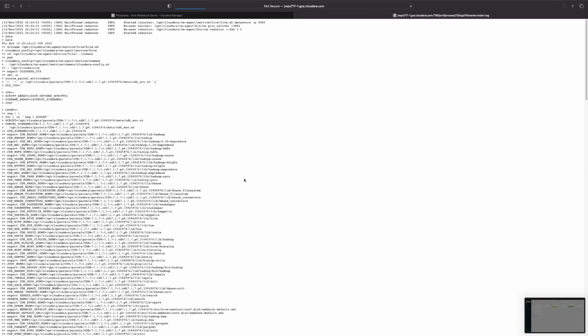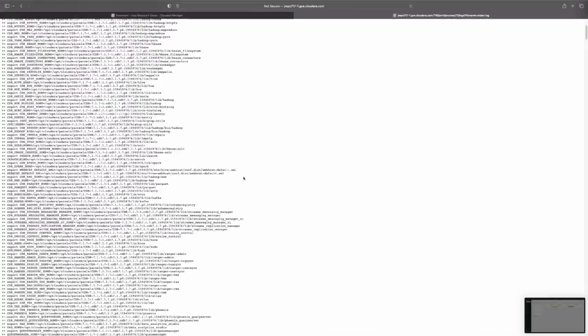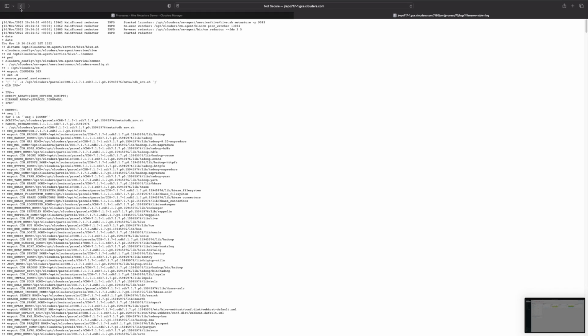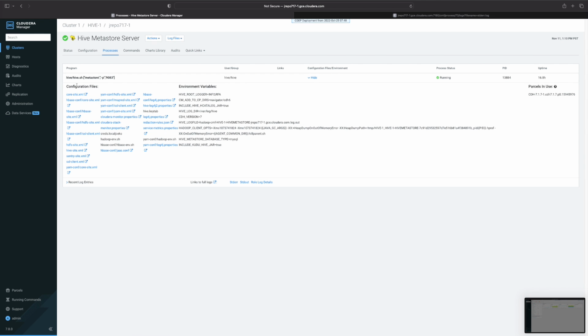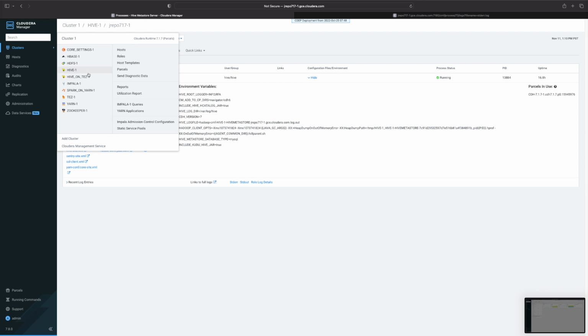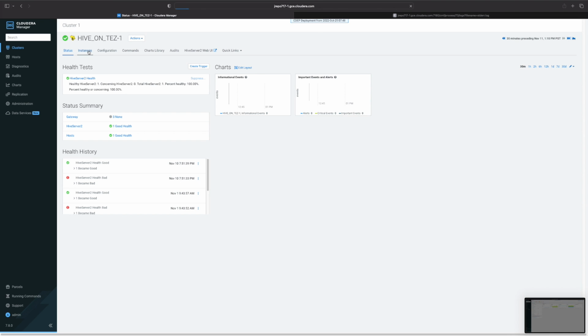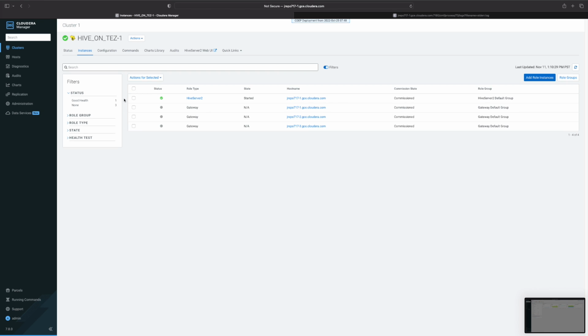And standard error here is good as well because it shows you how the script set up the environment for Hive Metastore server. This process is identical for Hive server 2. So for that, we would go to Hive on Tez service, and we go to instances and Hive server 2